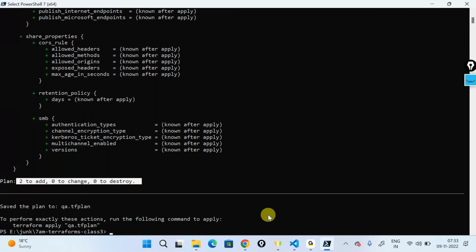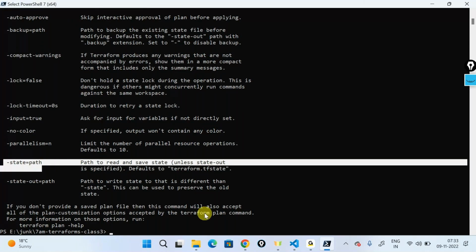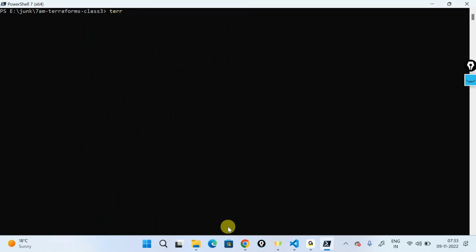Even while doing a Terraform apply command, I'll have to do the same thing. I will say terraform apply -help. It's showing -state path. So I can say again terraform apply -state equal to qa.tfstate, space, the plan that I have, qa.tfplan,